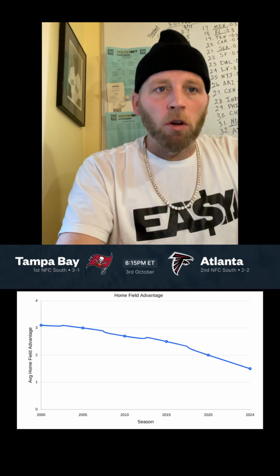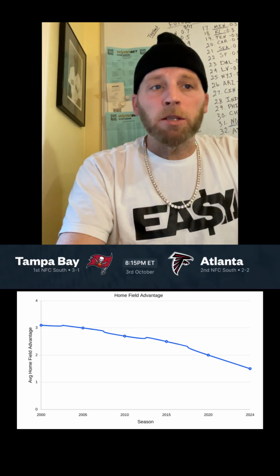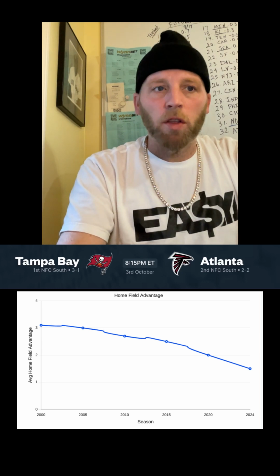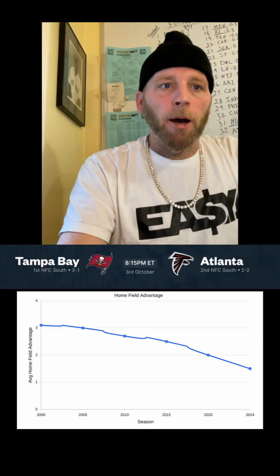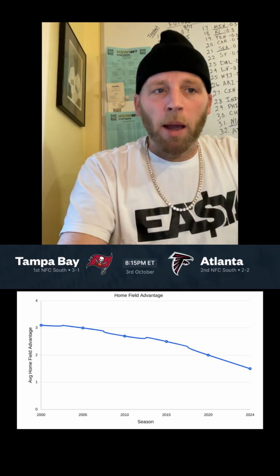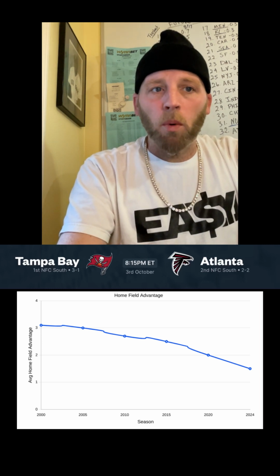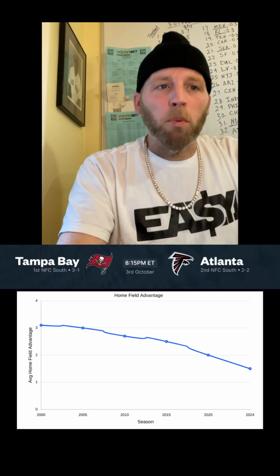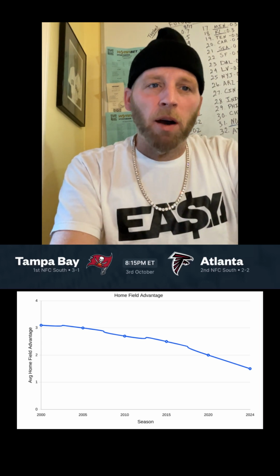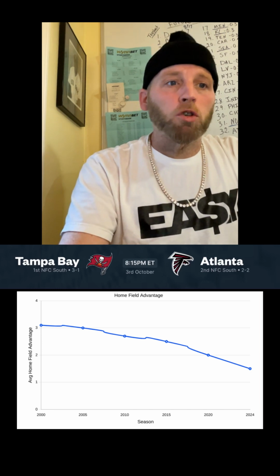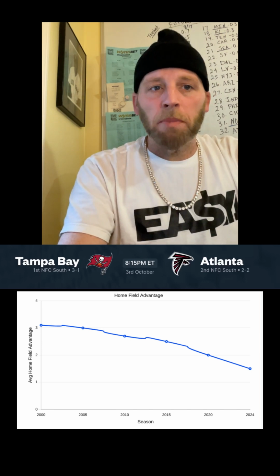But in general, home field advantage has meant less and less in recent years. It used to be home field advantage was worth close to 3 points, or definitely 2.5. But there's some situations now where I barely give the home team 1 point. So not sure you can really give much more than a 1 point bump for home field advantage in this spot for the Falcons. If it was like a dome team traveling to play outdoors in bad weather,